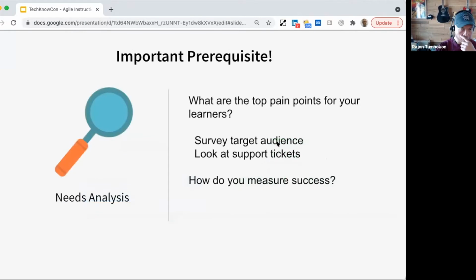I'm going to start off with needs analysis. And I could really go on for a really long time for needs analysis. And if you're interested, please let me know. It's something I'm passionate about. But I'm just going to go through this quickly because the other parts are more interesting.